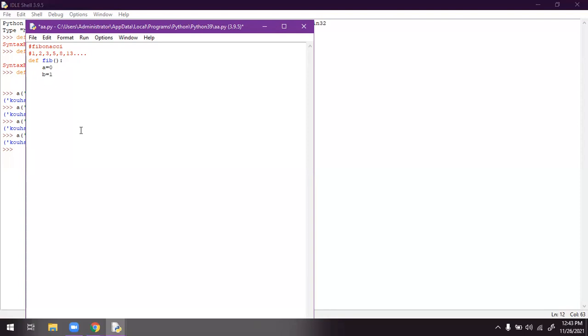For the looping concept, I have to take an intermediate value, that is 0. So I'm writing a while loop: while i is less than n.